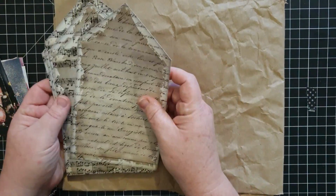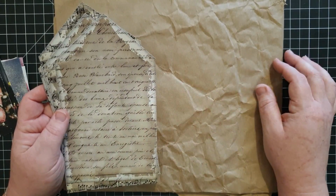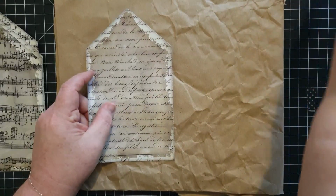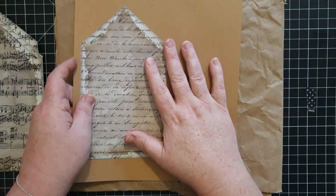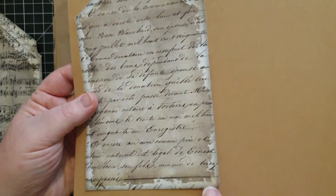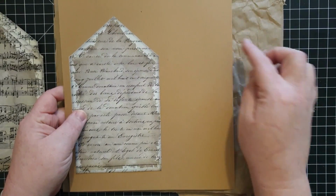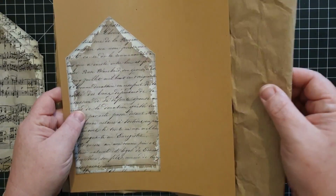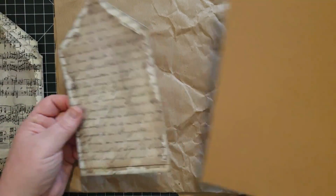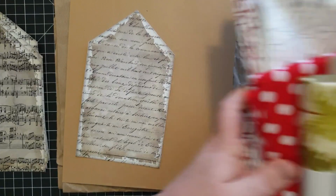So what I was thinking was doing a sandwich thing with this as the front, some cardstock, but I don't like the color of this cardstock with these tags. It's just not the right color of brown. So I'm going to cover this cardstock with this packing paper because I do like these two colors together. So just using this as our base. But in between there,